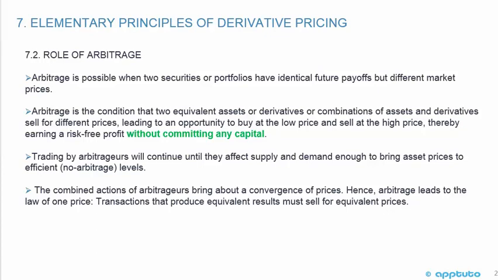Now, the text has got a long section working through an example with a lot of calculations. That's not exactly required with regards to this learning outcome statement, because this learning outcome statement is only to explain arbitrage and the role it plays in determining prices, okay? So for this LOS, we're not going to go through a detailed numerical example. We're just going to do a series of practice questions, and that should be good enough to get you up to speed for any questions on the CFA exam with regards to explaining arbitrage and the role it plays in determining prices and promoting market efficiency.